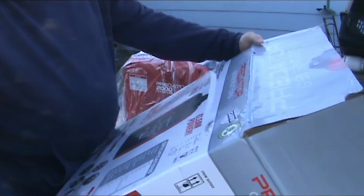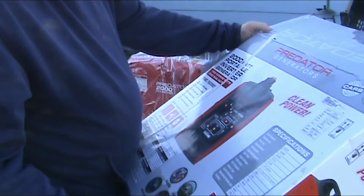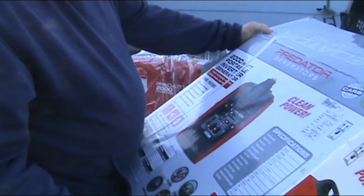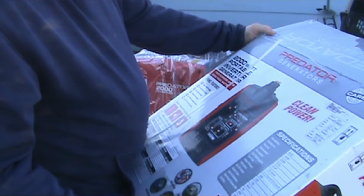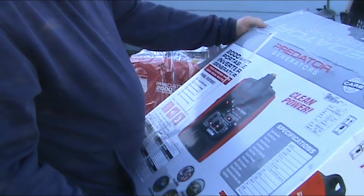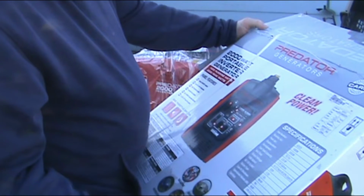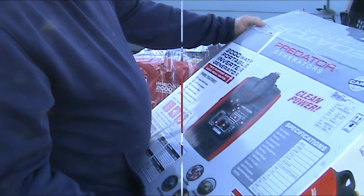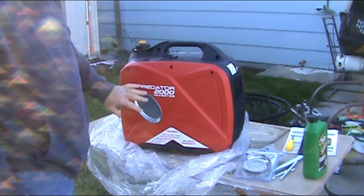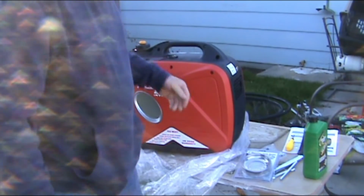It's supposed to be almost as quiet as a Honda. So we shall see. Low oil shutdown, so it will shut down if you get low on oil, which can save your motor. Okay, 66 decibels. Turned it around, and we're going to take this cover off, remove these 3 screws right here,